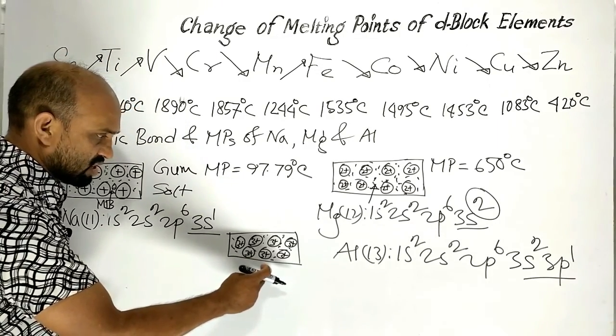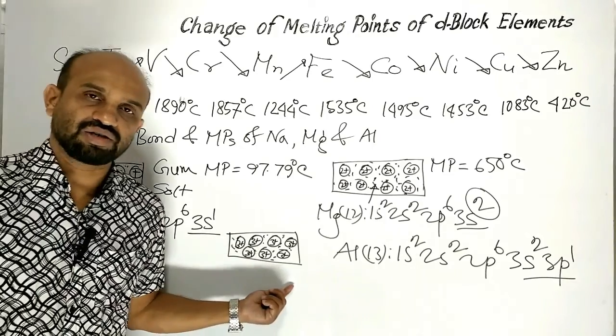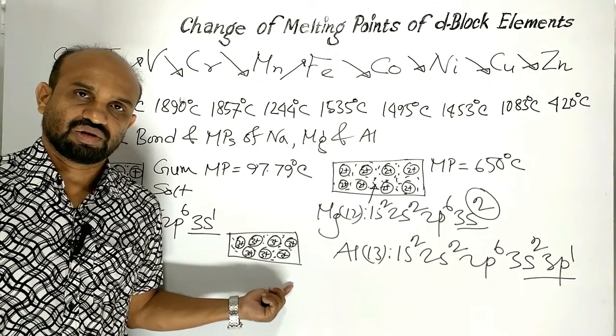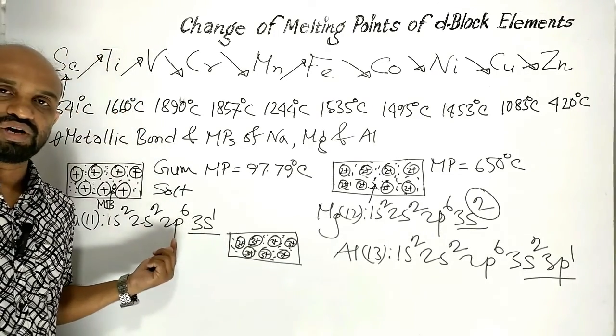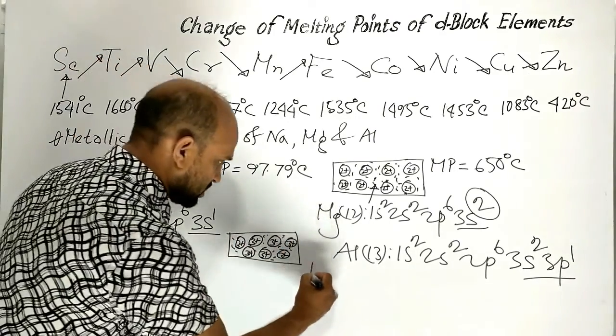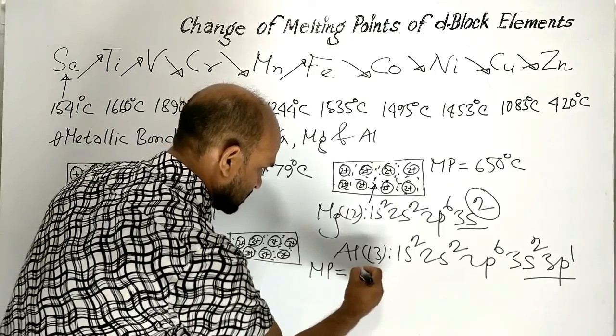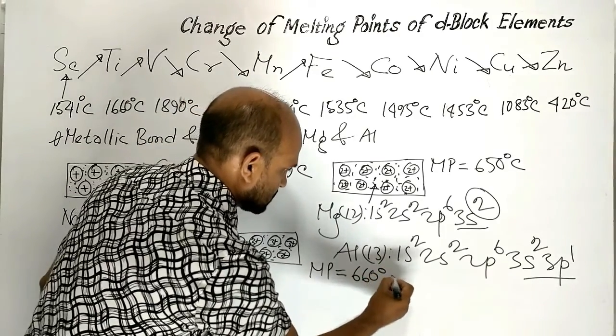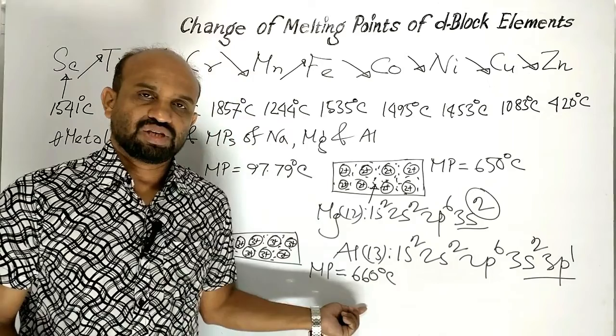Here aluminum atoms are connected with strong force compared to sodium and magnesium. That is why melting point of aluminum is 660 degree Celsius. We see that